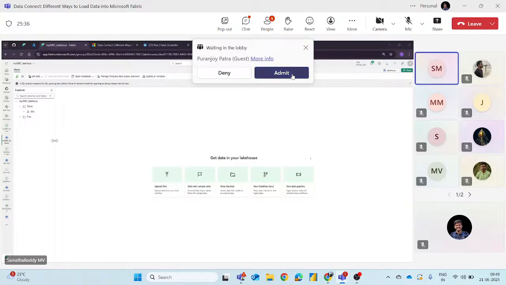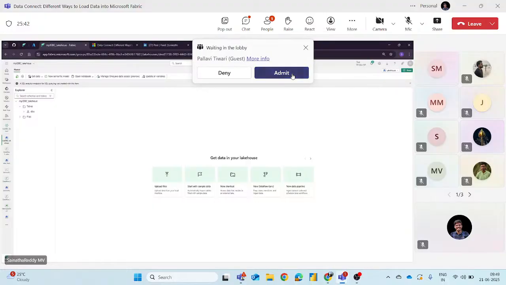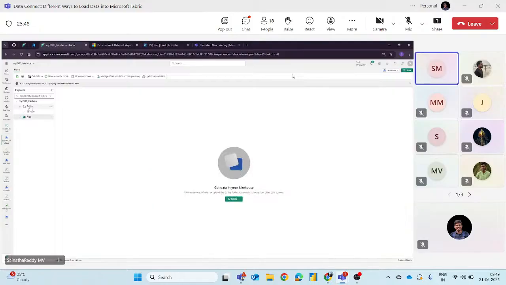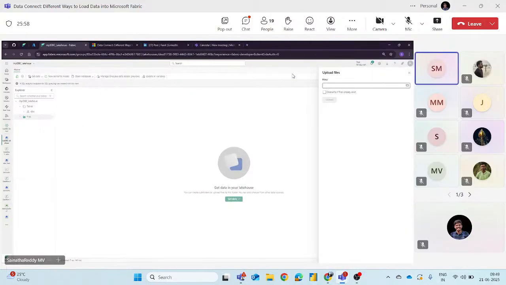Now if you see, we don't have any data here. I want to load our customer files. Through upload files, it will redirect to my local files.